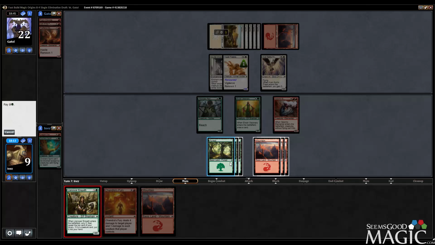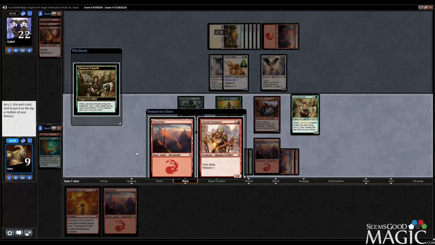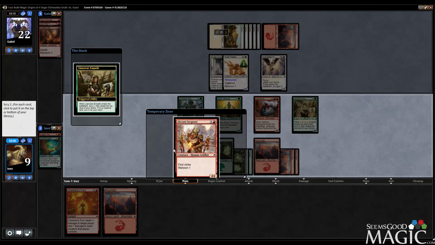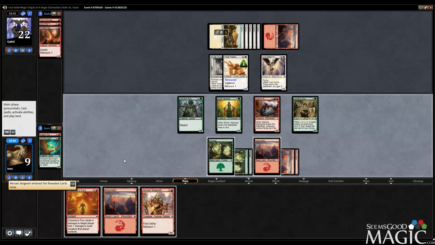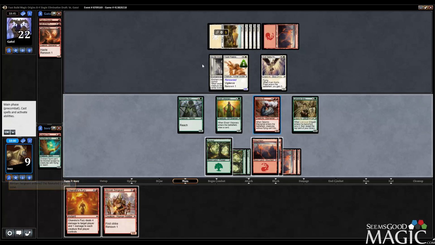Let's go Empath pre-combat. I want to see what's coming up here. Bottom that, top this. If I swing with Elemental, he double blocks. I trade it for a Battle Priest. I don't love that, but he could also Suppression Bond my Recluse, so